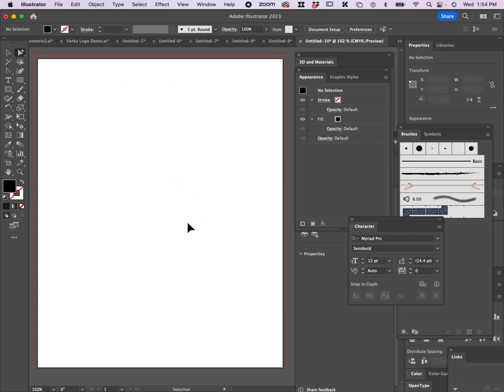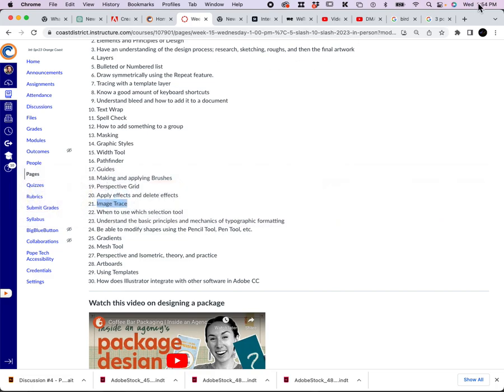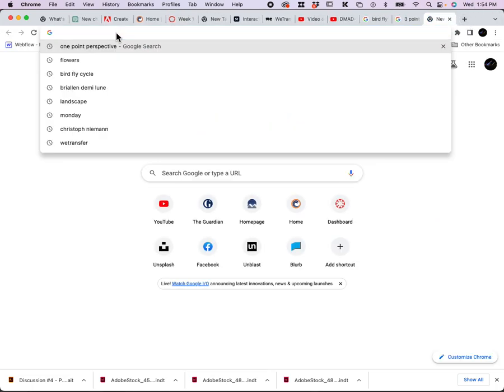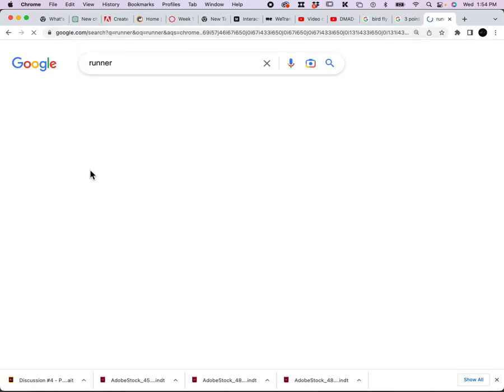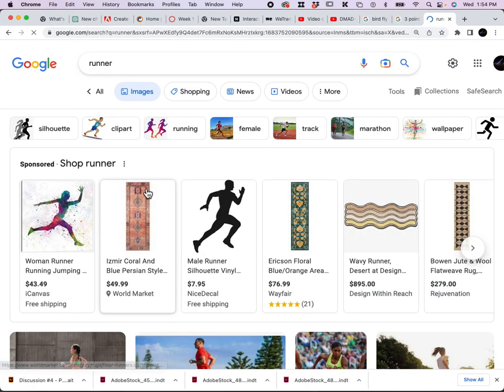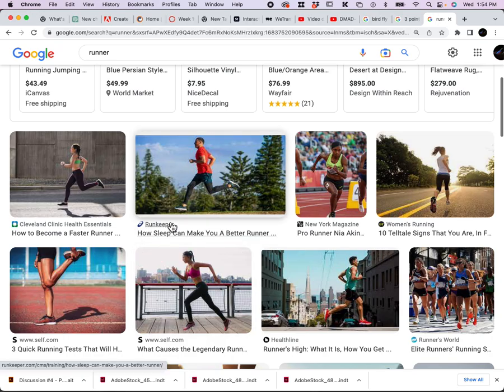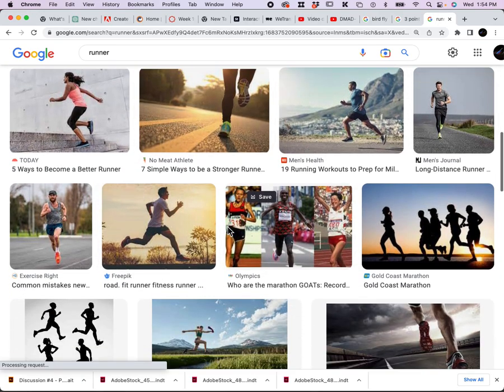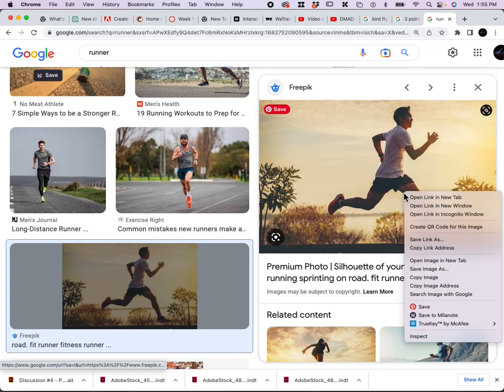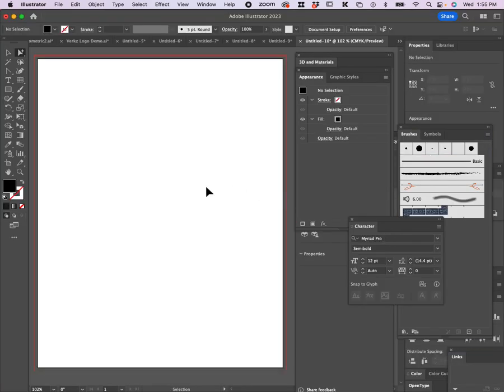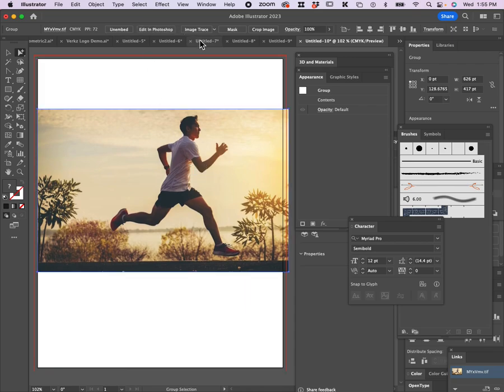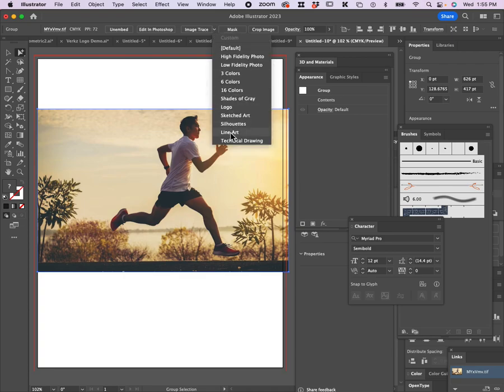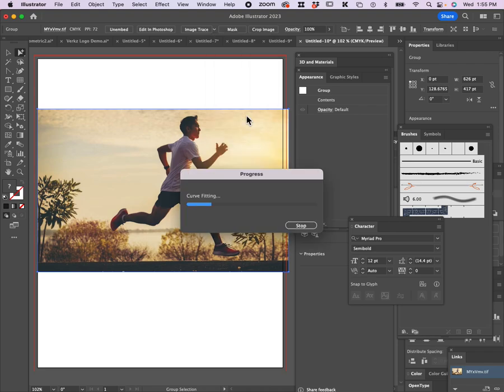And then the other thing I wanted to remind you about, I'll just do a quick image trace of something here. So I'll bring this image in and image trace it. So when we're image tracing, we have this button up here at the top. Next to it, you've got this pull down menu with various preset choices for how it's going to image trace it. But with any of these that you choose, so let's say I choose logo,